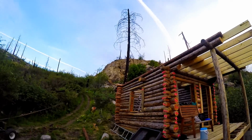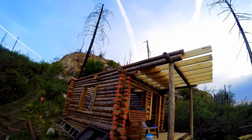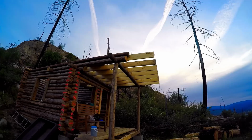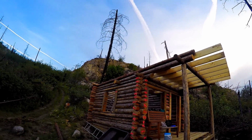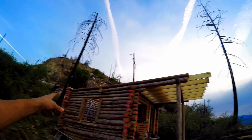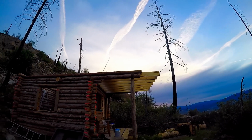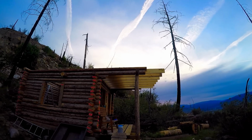So been working away, just wanted to show you what's been going on. Working on getting the second story done. It's been kind of a pain in the butt getting these big 22s up. They're actually not even 22, they're more around 21, but anyways,